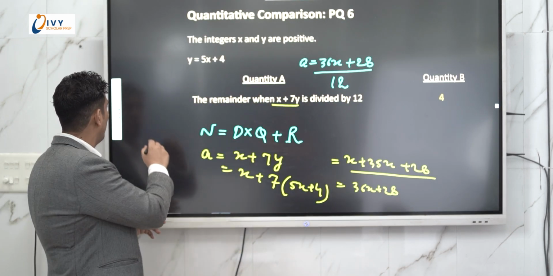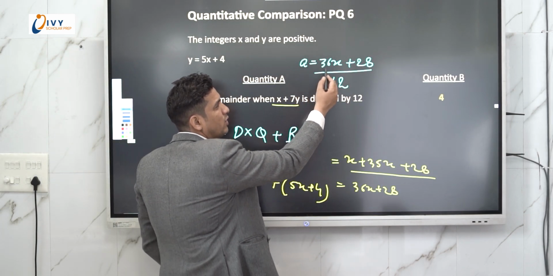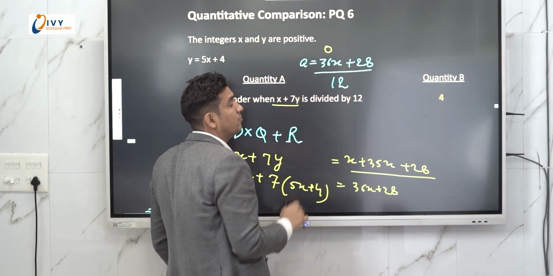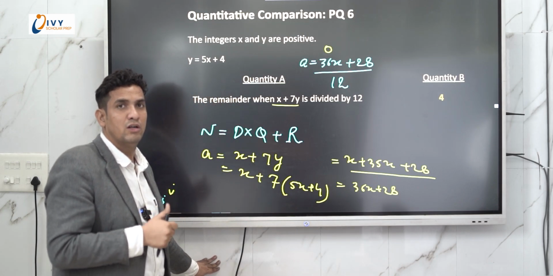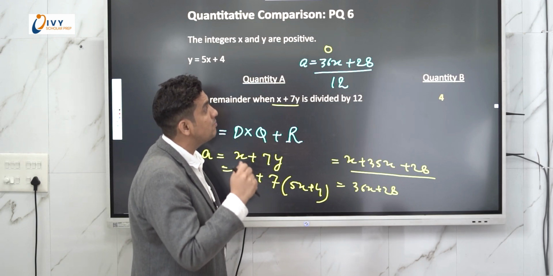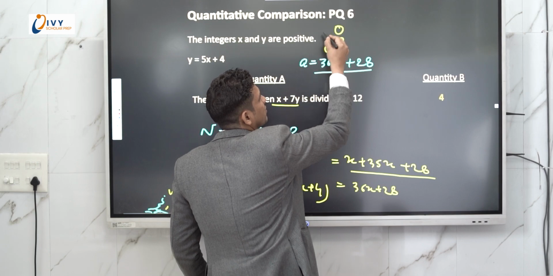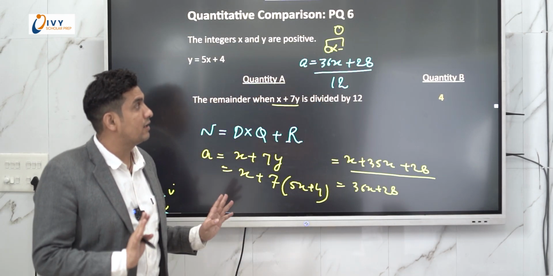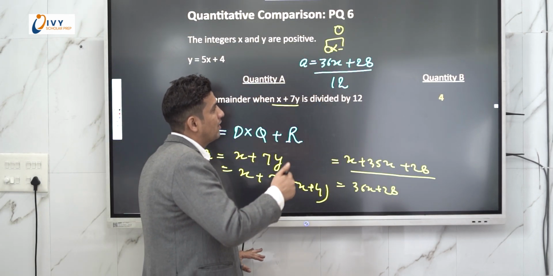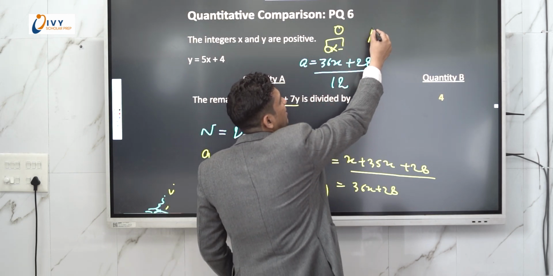So if we do so, what's going to happen? If we divide 36 by 12, the remainder would come 0, because 36 is a complete multiple of 12. So which means there is no remainder. The value of x can be anything, but 0 into anything will always offer you 0. So you need not worry about that. Now, next, when you have 28, you will divide that by 12. The remainder is coming